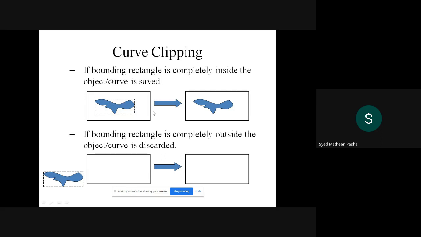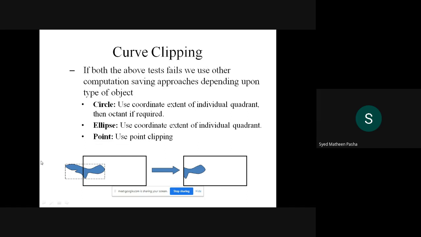Check out the bounding rectangle. I can call this a bounding rectangle, which is actually inside this particular window, right? So this particular object is considered. If the bounding rectangle is totally outside the object, this kind of curve is totally discarded. So I can say this has an advantage as well as a disadvantage of curve clipping. Check out this one more example. As you all know, the part which is outside the window is clipped, and the part which is inside the window is retained as it is. Similarly, this is the case.